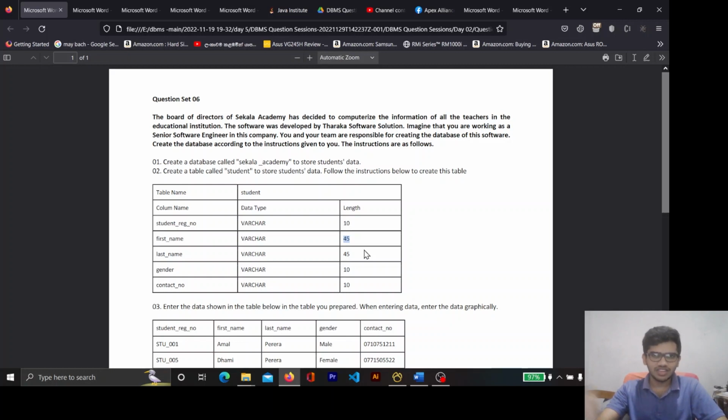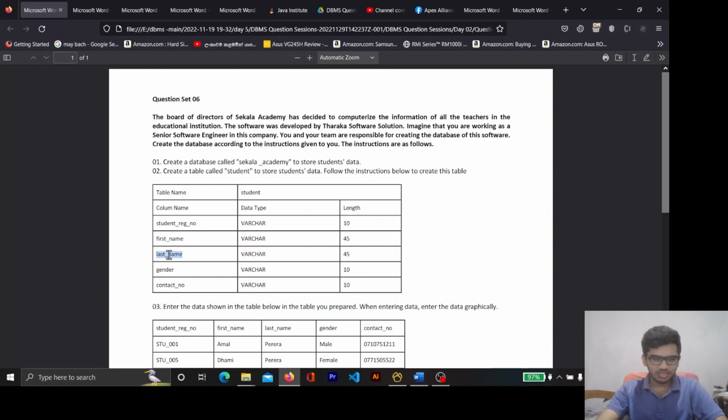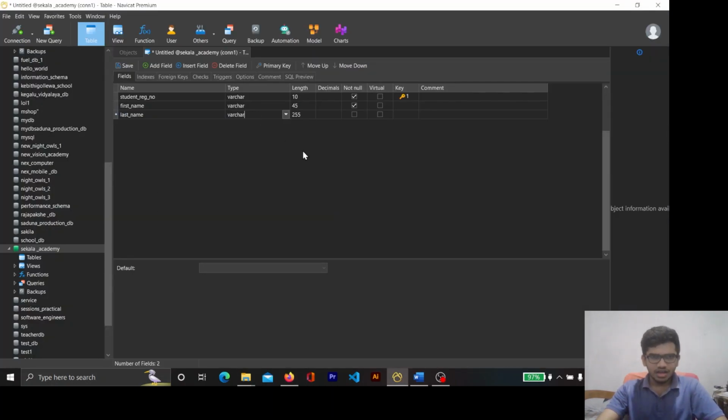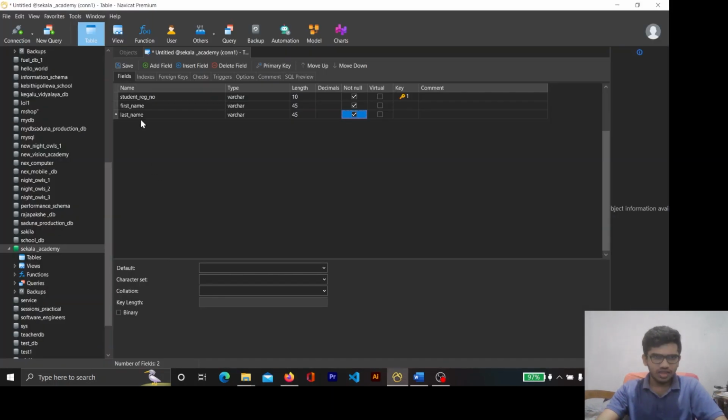The data that we are going to be using is text. So the data length is 45. Let me adjust this to 45, and you have to select the not null checkbox. I almost forgot that, because we are not taking any null values here, so better to check this, and click add field to add a column. The next column is last name, also varchar with length 45, and we have to check the not null box. We have to create two more columns,